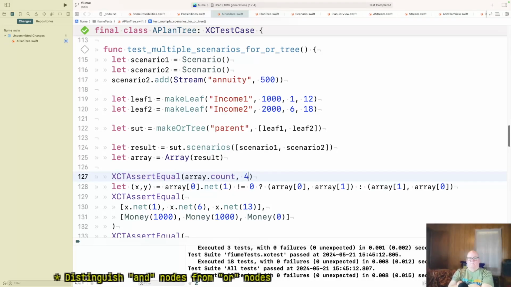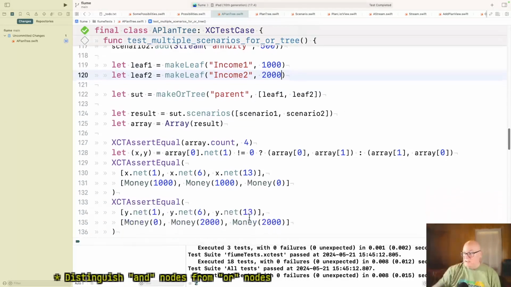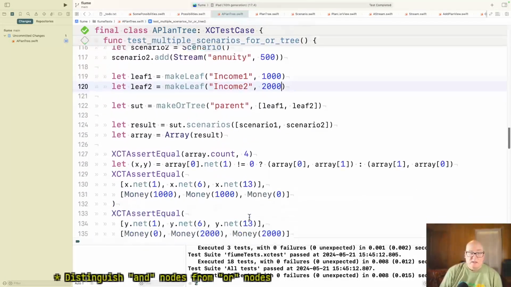So I'm going to make this simpler here just to make the assertions more limited. Okay, so now we haven't said the month, so it applies to all months. So we can just grab any of them. We don't have to check for boundary conditions like we did with the first one.